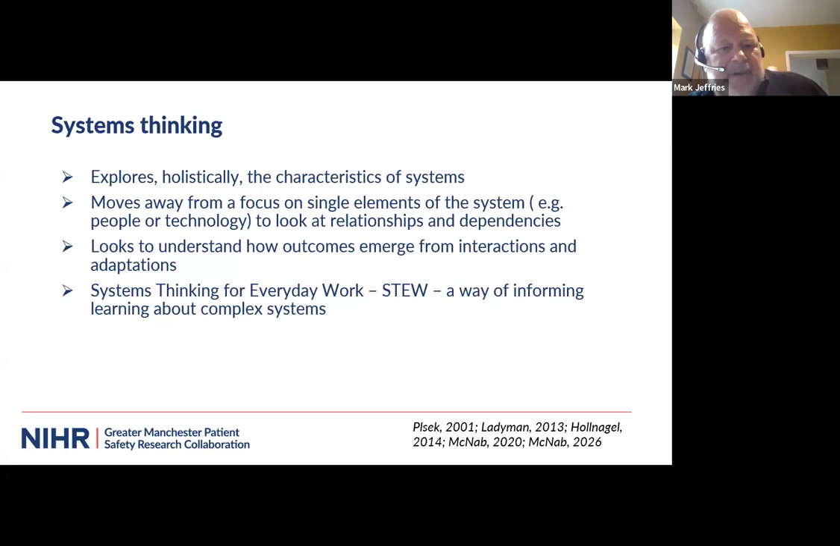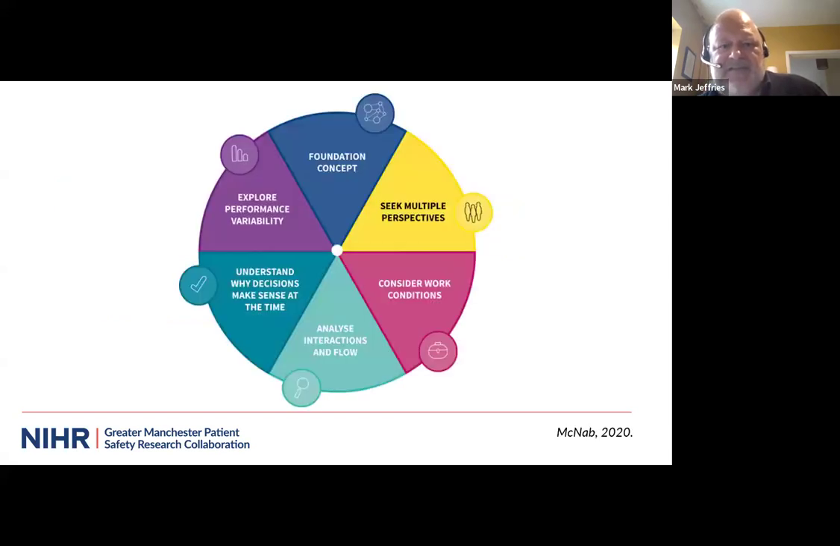One of the things within systems thinking is a thing called STEW, or systems thinking for everyday work, which people may have come across, which is a way of informing us and learning about complex systems. And if you go to the next slide, there's a nice little diagram about that. So just to take you round this little circle,